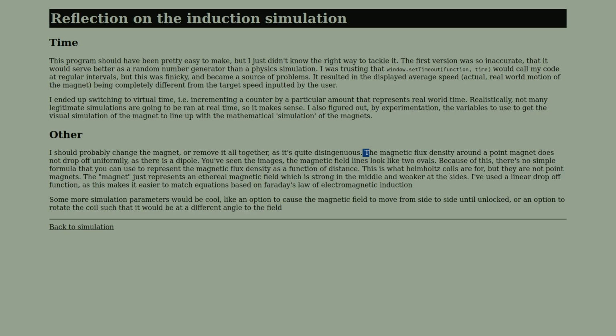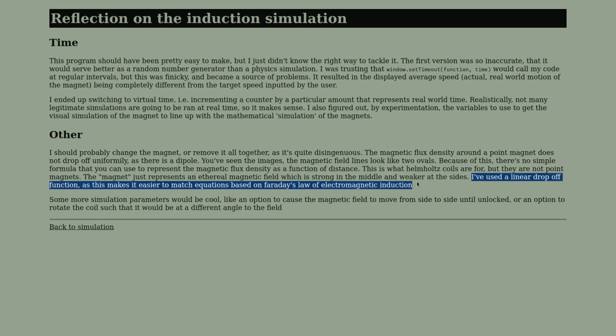This is what Helmholtz coils are for, but they're not for point magnets. The magnet just represents an ethereal magnetic field, which is strong in the middle and weak at the sides. I've used linear drop-off as a function, as this makes it easier to match equations based off Faraday's law of